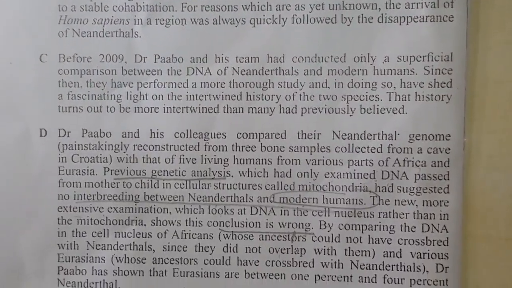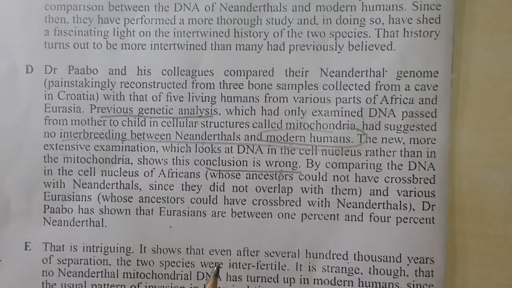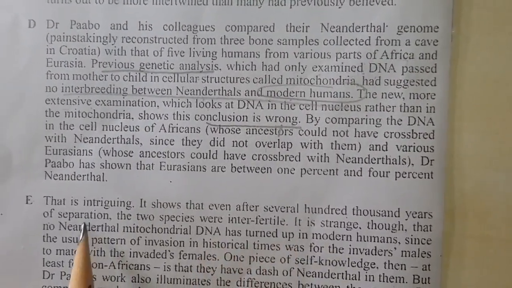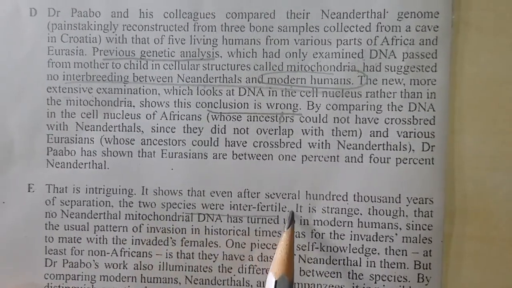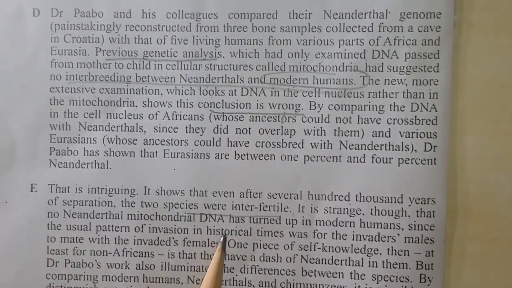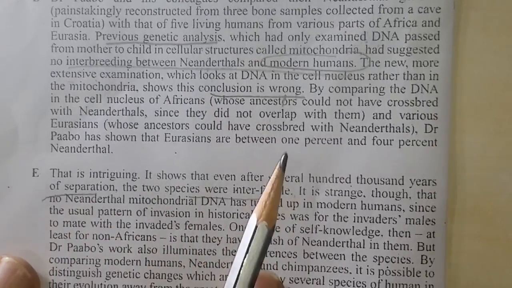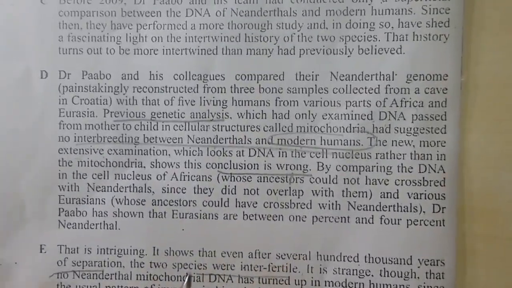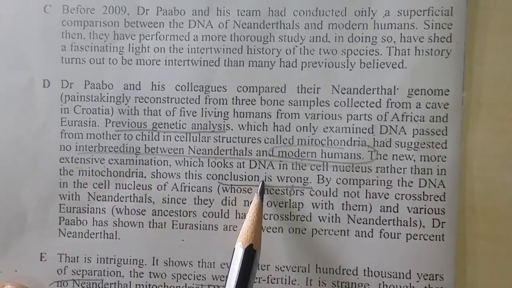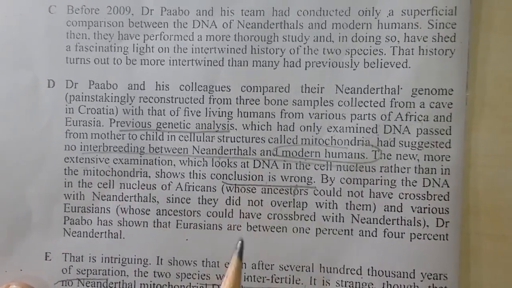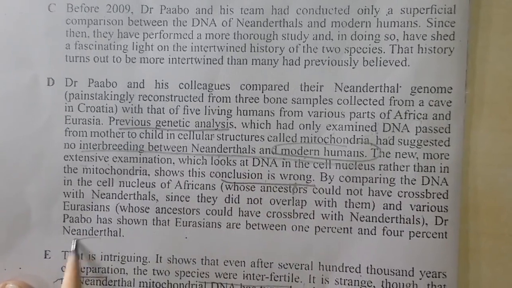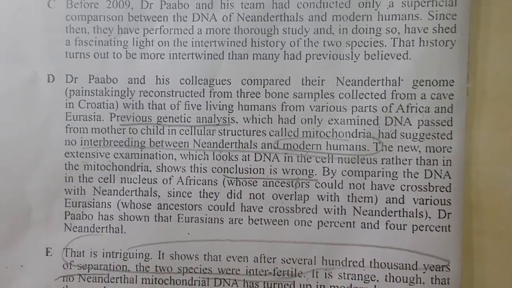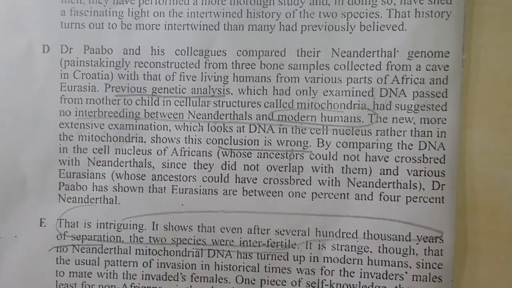Because when I was reading, I got one point from which I was also sure. You can check that even after several 100,000 years of separation, those species were interfertile. So the word separation is also used here, which means length of time also. From here we can also say two species. But the right answer is interbreeding, that is from here, right? So the answer is interbreeding. But this line here also we can use to manage that. My answer is right for this one, that is question 24.